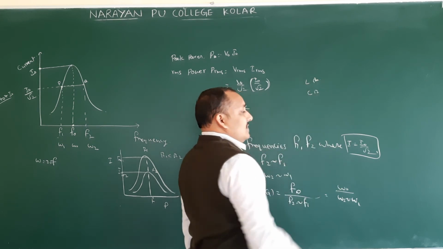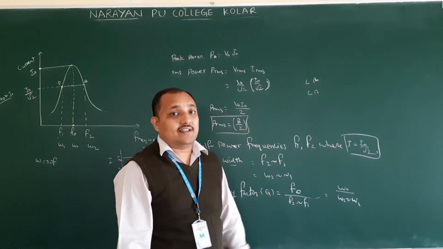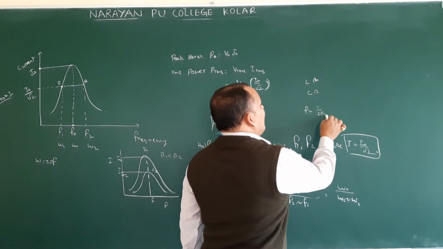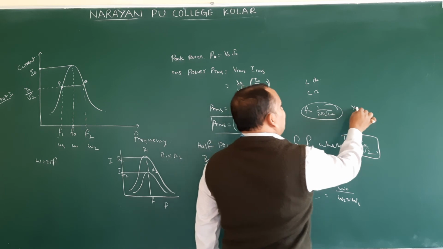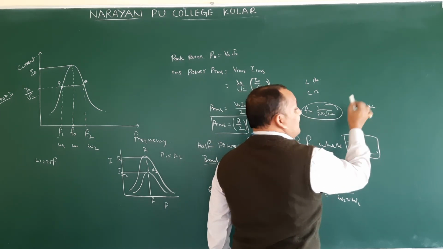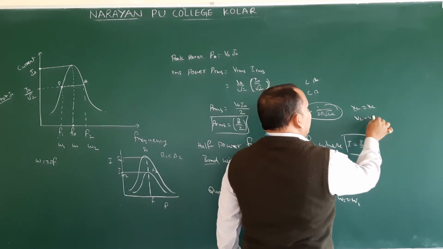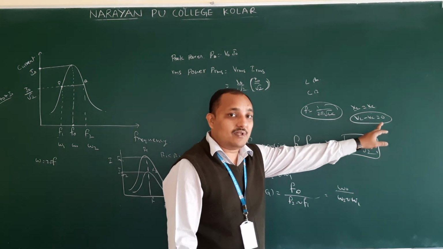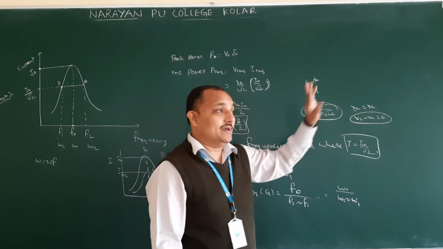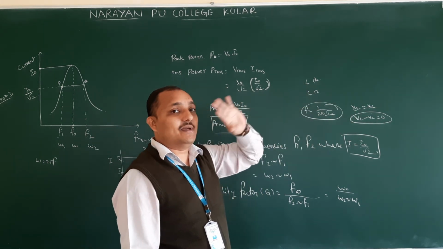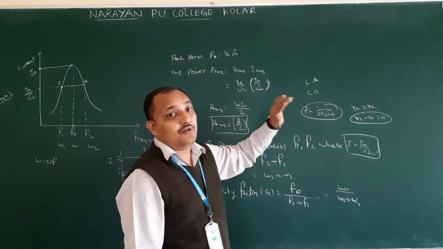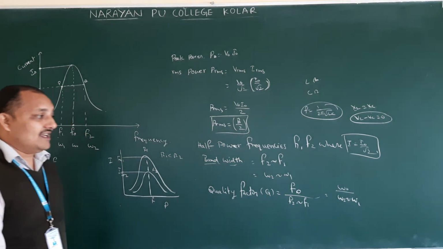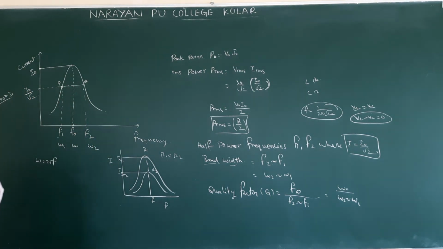In LR, CR circuits we can't get resonance. Why? Because to get resonance, the frequency is f equal to 1 by 2 pi root LC. That is nothing but XL should be equal to XC, and VL minus VC is going to be 0. So VL should be there, VC should be there, meaning inductor and capacitor both should be there. Only L with resistance, or only C with resistance, you can't get resonance. To get resonance, you should have an LCR circuit, not only LR, not only CR. Okay.